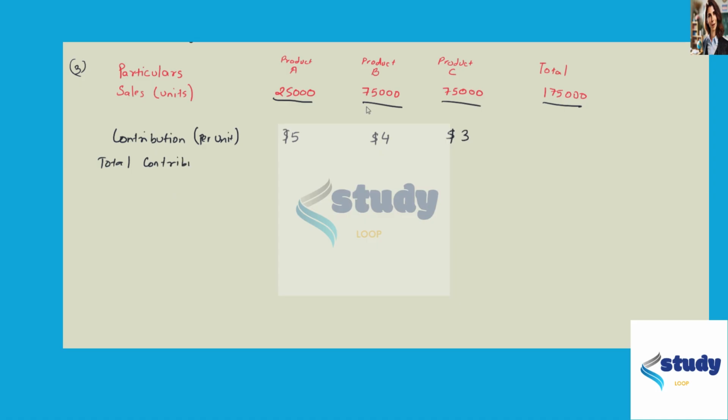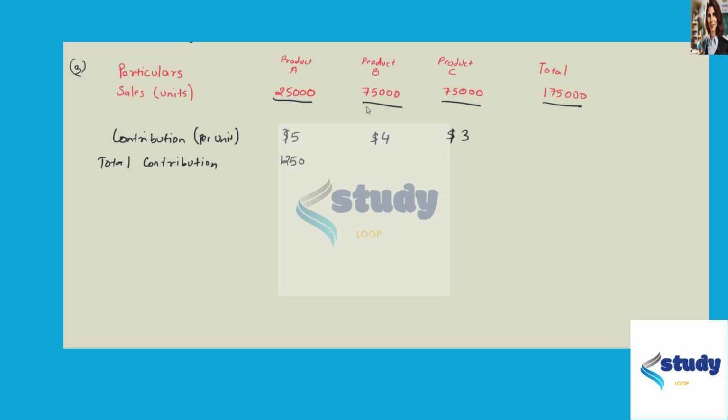We will be multiplying contribution per unit with the number of units that are being sold. Like product A 25,000 units and contribution we have $5 per unit. So 25,000 into $5, that will be giving us